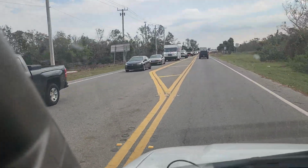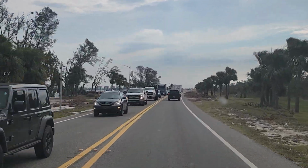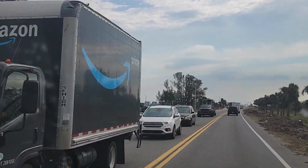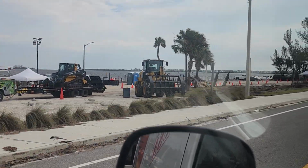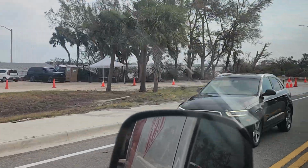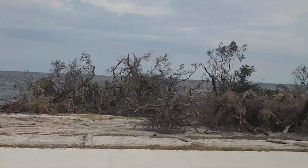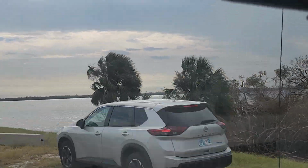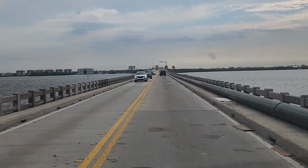Will be the bay up here, left and right. I think the National Guard is still up here, passing out supplies and stuff. Yep, they're still there. National Guard right there. Should be a couple more up here. Yep, right there. And then north of here is St. Pete, and then south up here is Sarasota. That direction is Sarasota. So we're leaving Anna Maria, Holmes Beach,